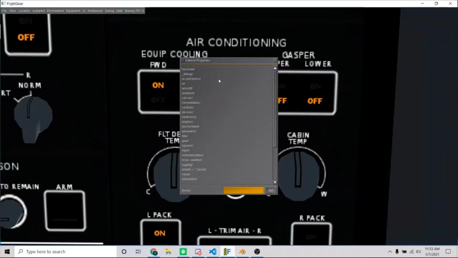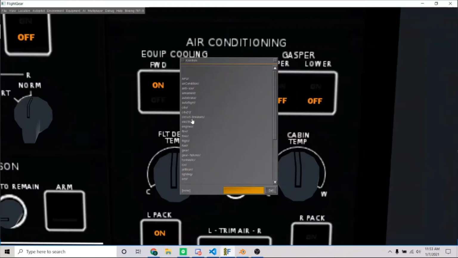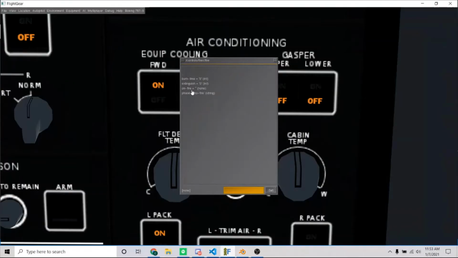So if we click on controls, we see fires, and then in fires we have fire. Let's click on fire, and then within that fire folder, we have the burn time and extinguish, as well as some other